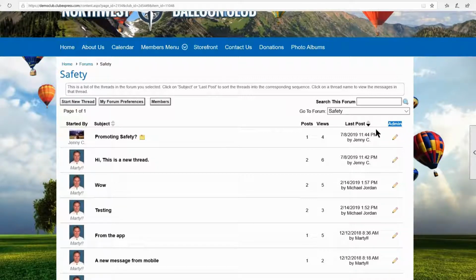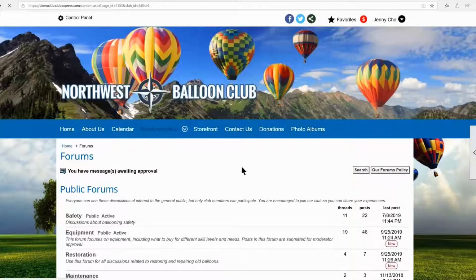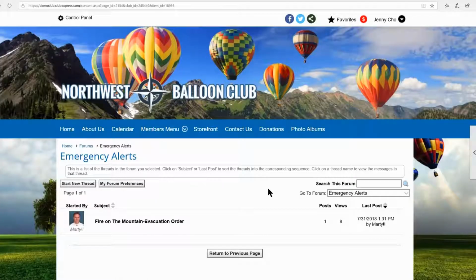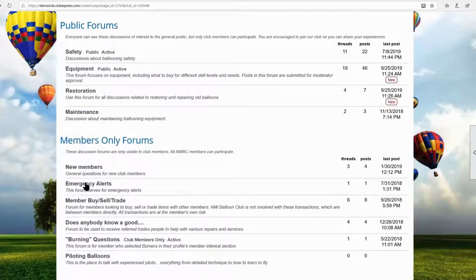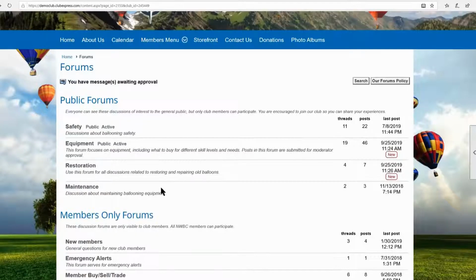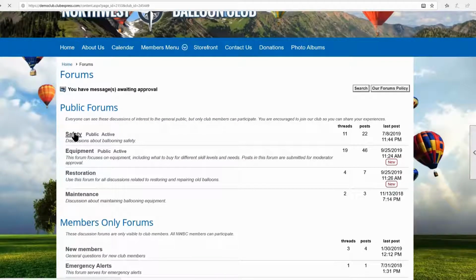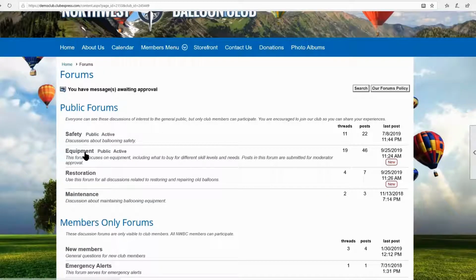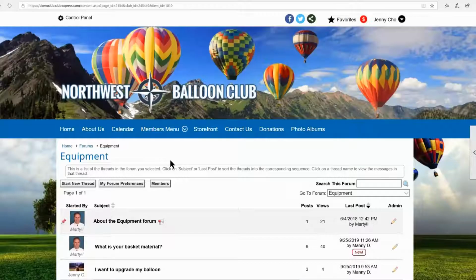So she'll have admin access, if I recall correctly, on all of the forums. Nope, I guess not. I guess she's just a moderator of that one forum. Because I would look over here under this emergency alerts, she didn't get it. Let's see, was that safety? That was safety forum. Let's go back, look at the equipment forum. Yeah, it looks like she's a moderator of those.